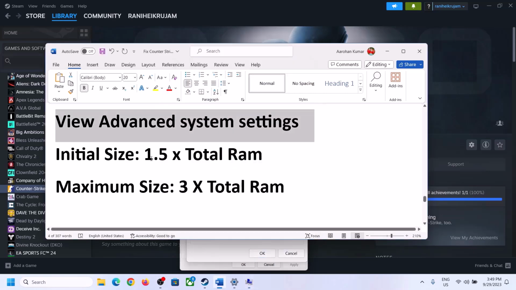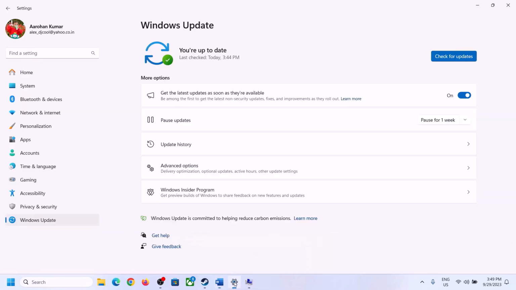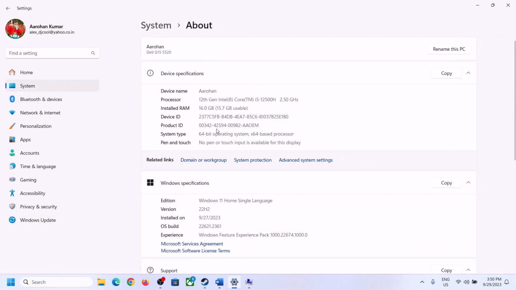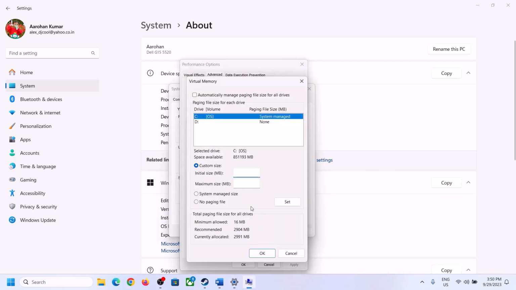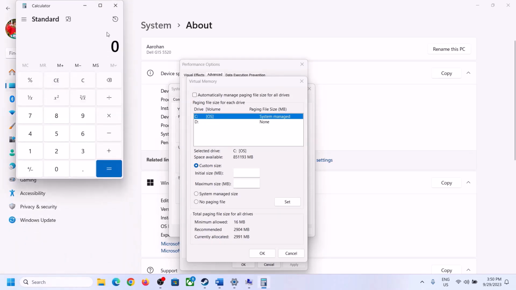for initial size it's 1.5 into total RAM. So you can check the total RAM in Windows settings. You can go to system and then go to about, and total RAM in my case is 16 GB. So you can calculate accordingly. In my case it's 16 GB, so I will calculate as per 16 GB. So first of all we have to convert 16 GB into megabyte. So we will open calculator. So type in calculator in run box and then click on OK, and over here